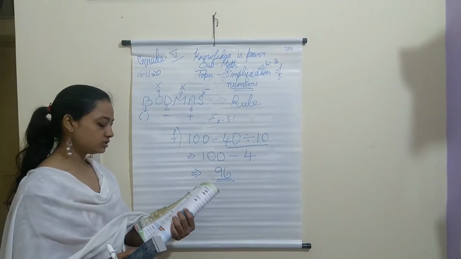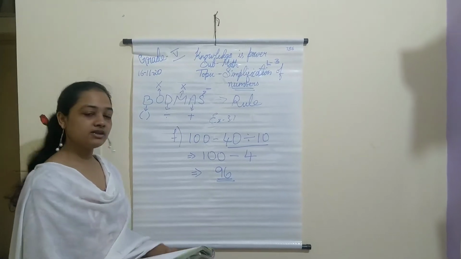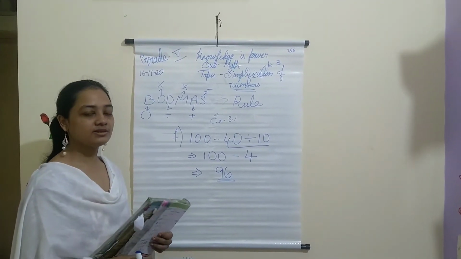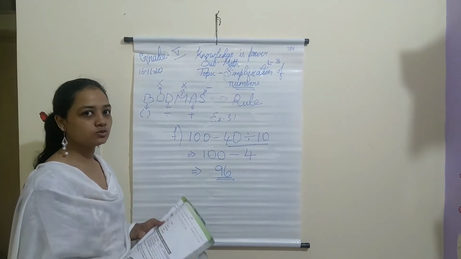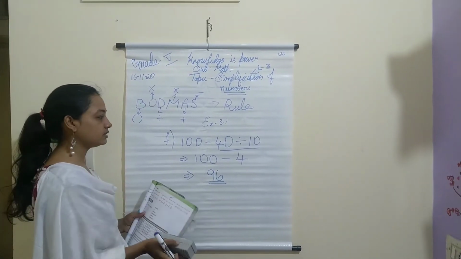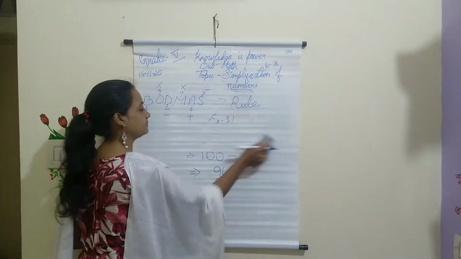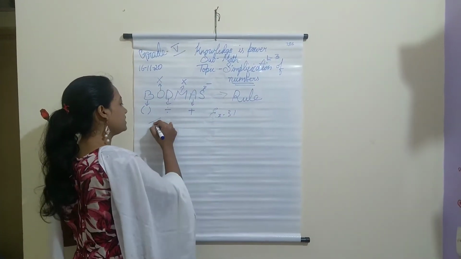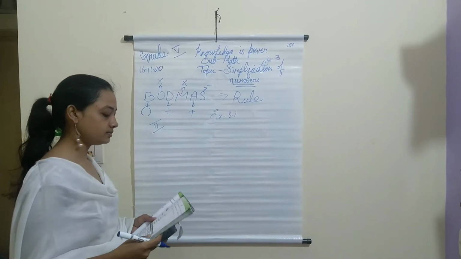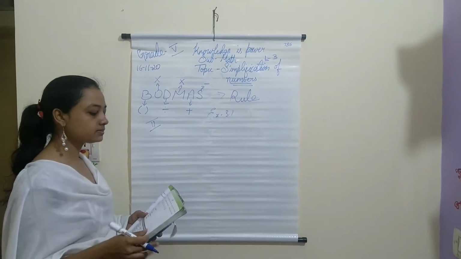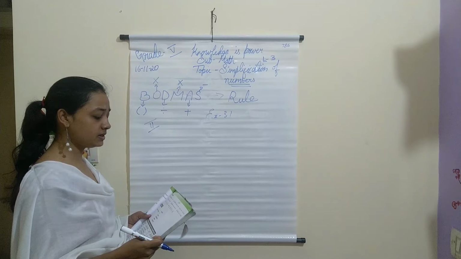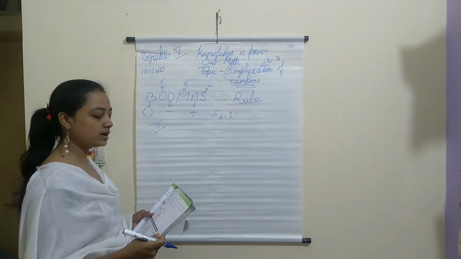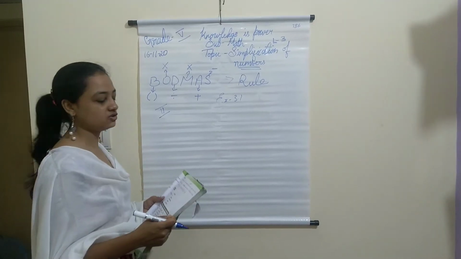So I have solved 3 sums and I have given 5 sums in your classwork, and the ones which I have not given will be the practice sums for you to practice. Now let's go for the second meet. Exercise 3.1 second meet. In this you can see decimal numbers, fractions and so many. So let me teach you 1 in decimal, 2 in fractions.